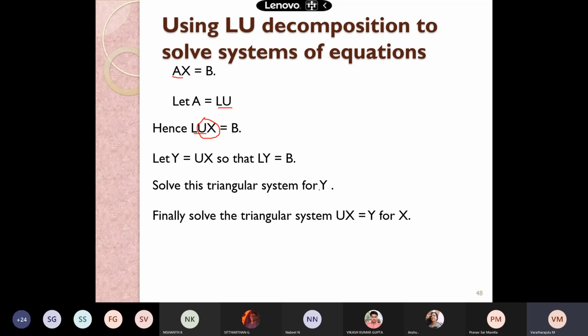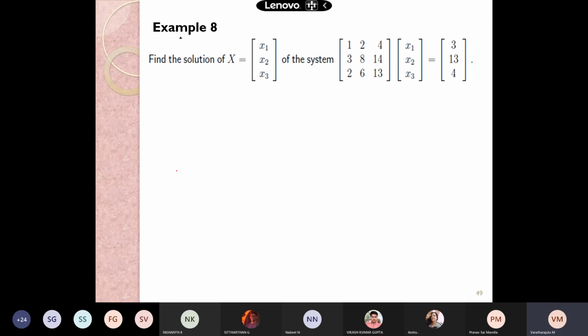Finally, the solution of the triangular system would be Ux = y. Now, to find x, instead of getting the solution in a direct way, we are trying, with the aid of some other unknown, let it be y, to find the values of x through y. This is what we are doing. Once the problem is solved, you'll get a clear understanding of these phenomena.